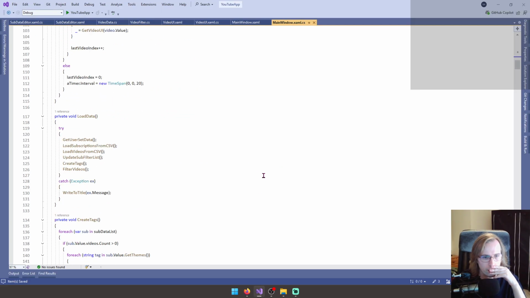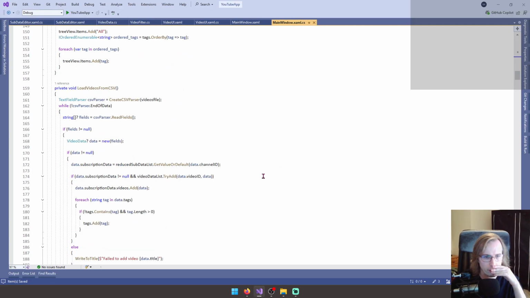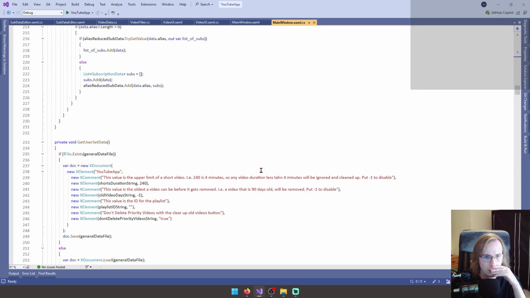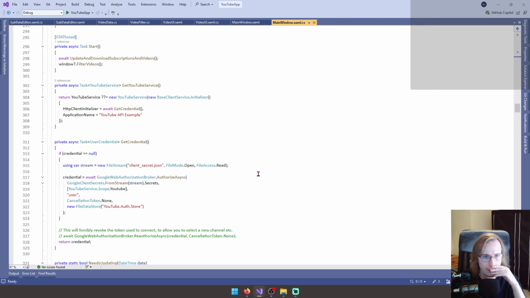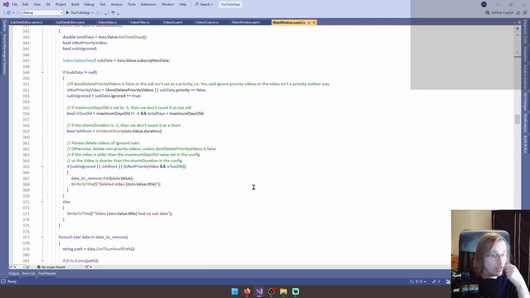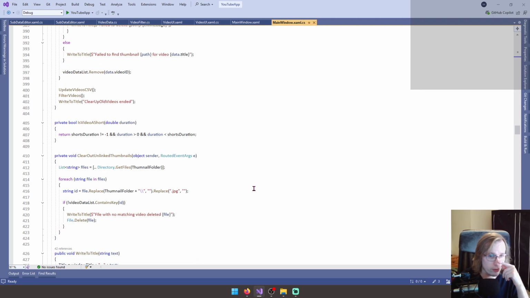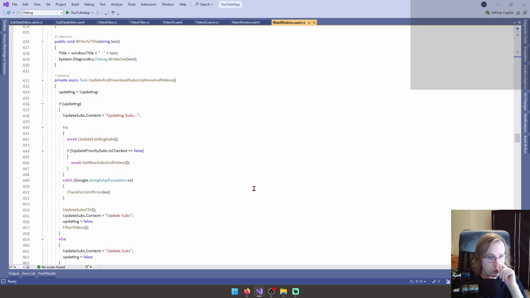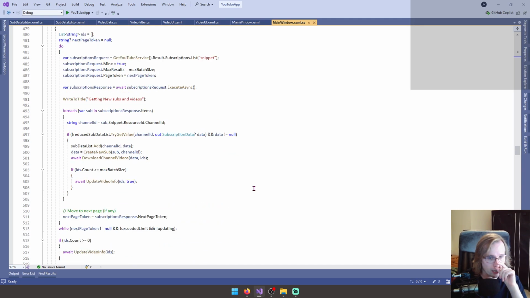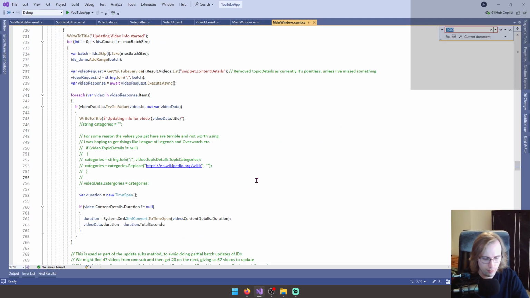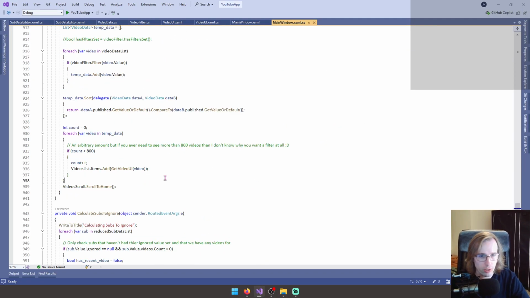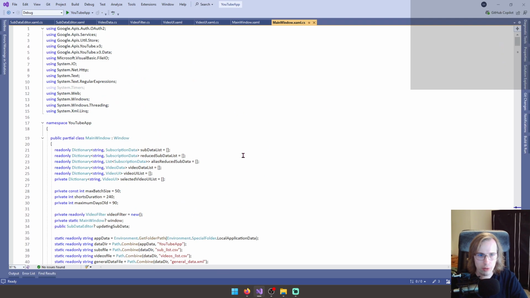I just realized there's some extra things that I probably ought to add to the user data. That's what I'm going for. There's this arbitrary 800 value, which I could just literally search for. There we go. Okay, so this is going to be